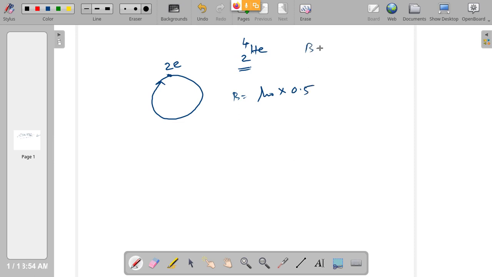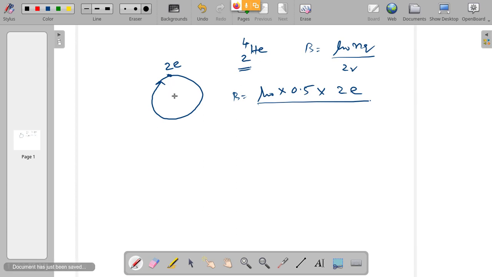So far we studied the formula, right? B is equal to mu naught nq by 2r. This is the formula. So here mu naught into n is now 0.5 into charge is 2 times electron charge. Because helium has at the center also 2 electrons and 2 protons. Here nucleus itself is revolving, so electron we need not even show in the problem. It is just the nucleus that is rotating in a circular orbit. The charge that is 2e. Electron charge only, proton also has. 2 into the orbit radius is given as 0.8 meters.